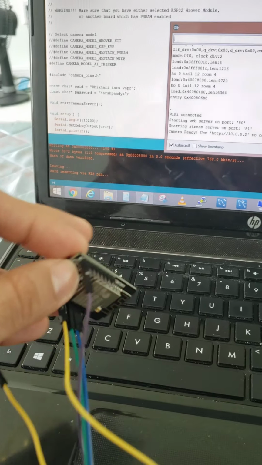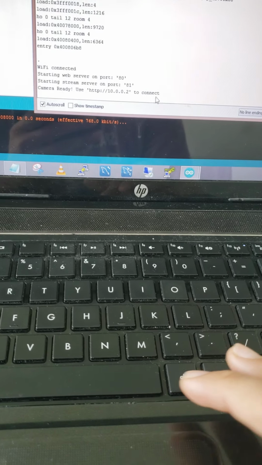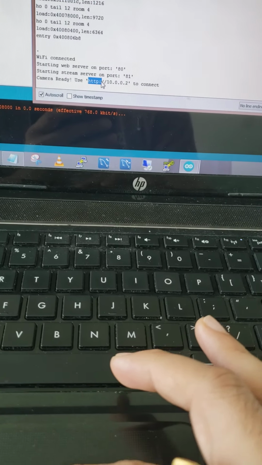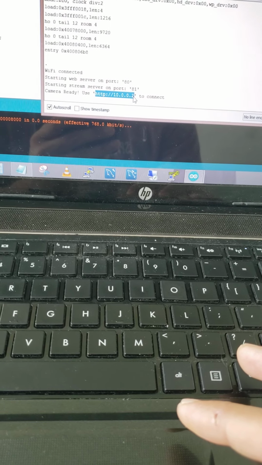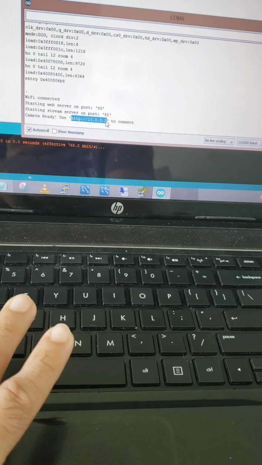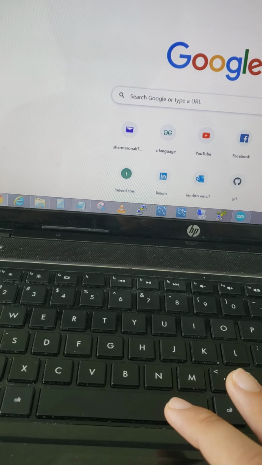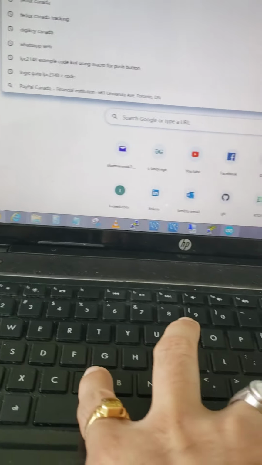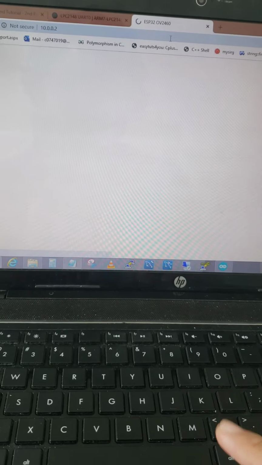So now I'm going to put this here, and what we have to do is copy this link, right click, okay, Control C, and go to the browser and simply paste that link and hit enter.